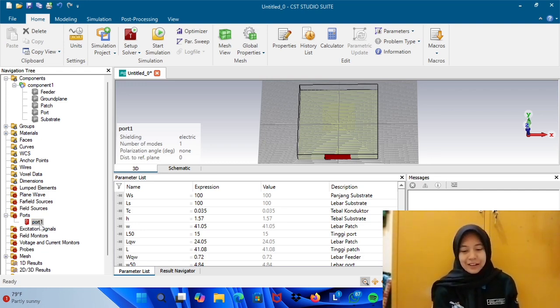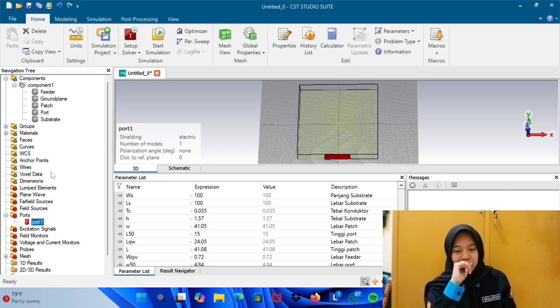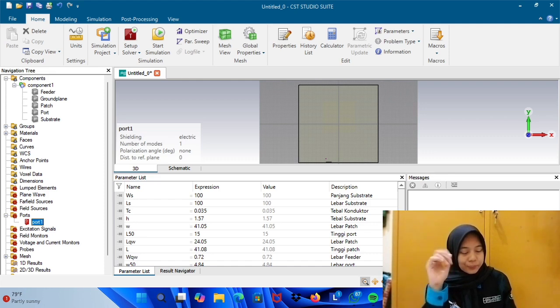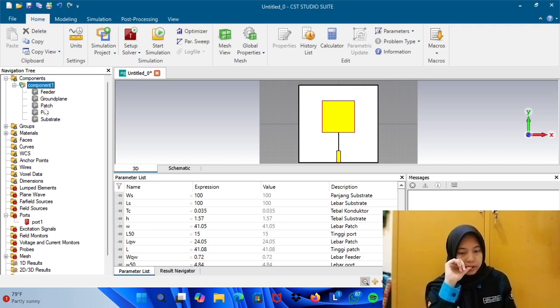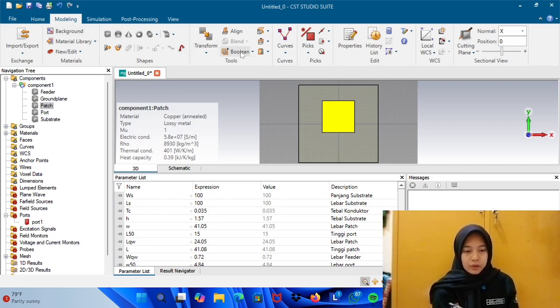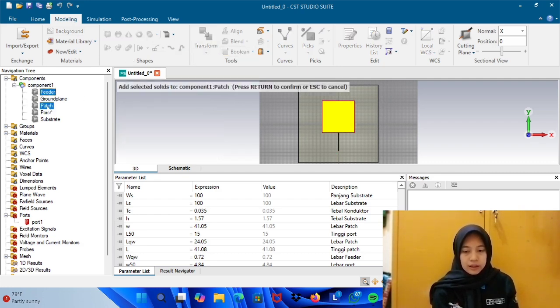I think I will succeed. Wow. Okay, guys. One step is missing, so we have to repeat the previous step. Component. You choose modeling, Boolean, control, feeder, and port.